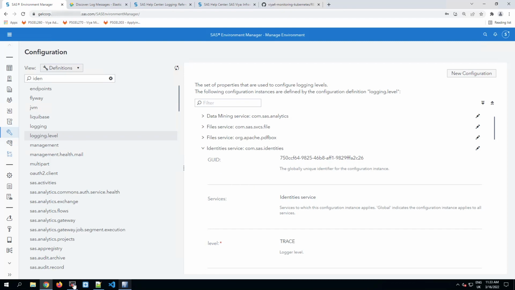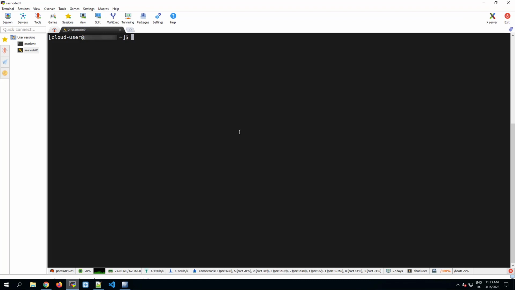So we'll switch to a terminal window here, and in this terminal I should mention that I've already authenticated to the SASFire CLI as GelADM, which in this environment is a user in the SAS administrators group, and I've also made sure that the ANSI colors enabled setting in the SASFire CLI profile is set to false or off. And the standard documentation for the SASFire CLI explains that all much better than I could here, so please take a look at that, and I'll put links to that in the notes as well. So the commands that I'm going to run here you can also find in the notes that accompany this video to save you typing them out.